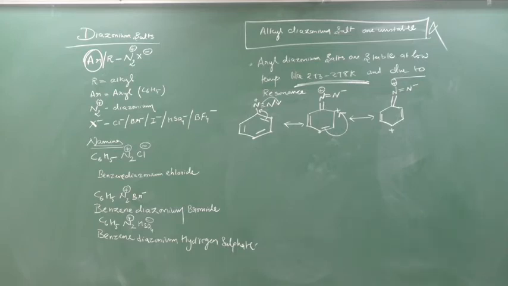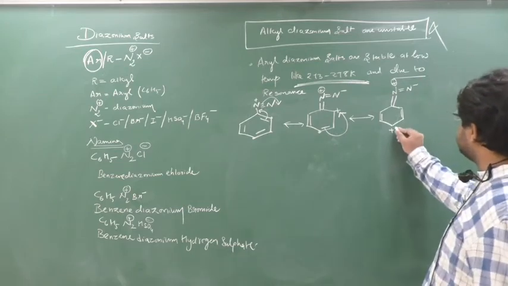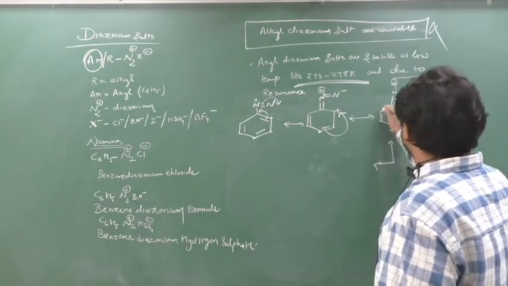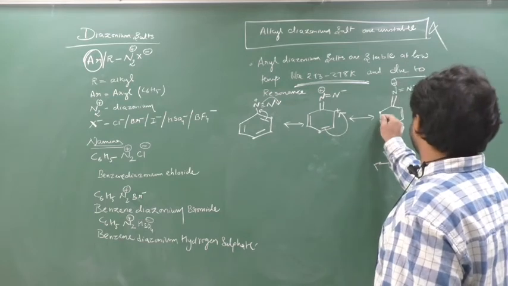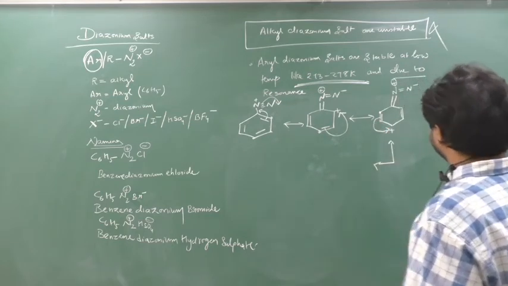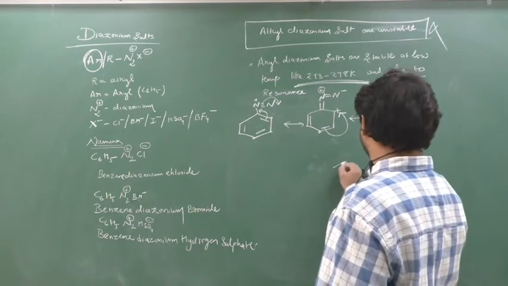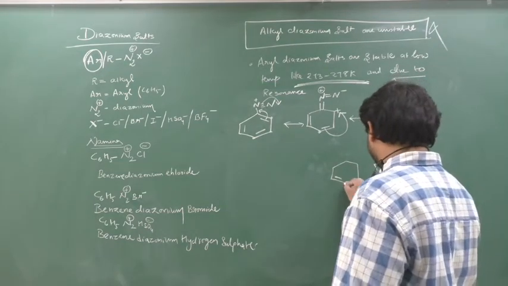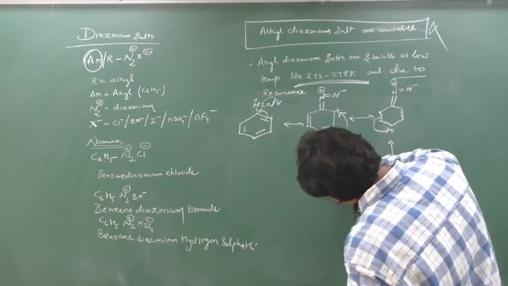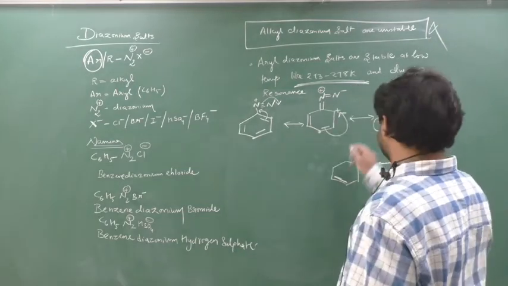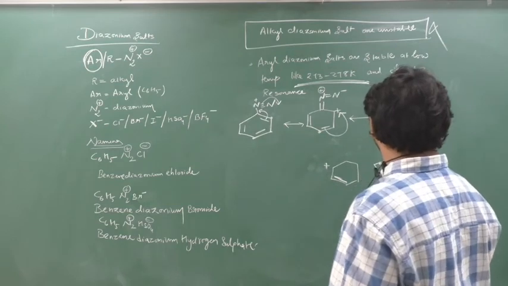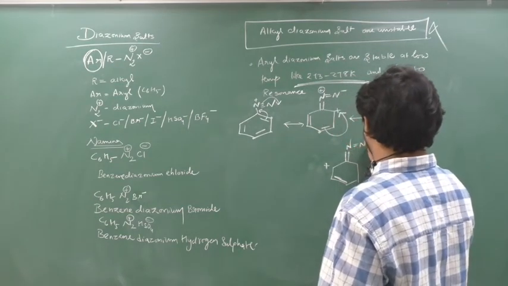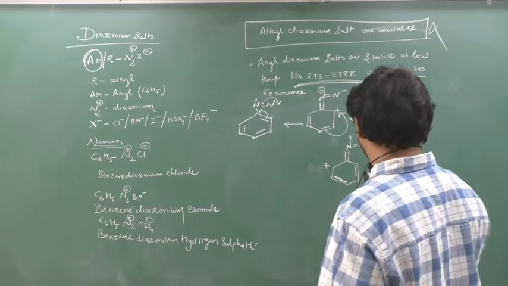Clear? Next, again this is in need of an electron. So now what will happen here? This carbon, this bond will help here to satisfy this. Clear? So here a plus charge will come. Here a bond is formed. Here a bond is formed. Yes or no? He is giving, so a plus charge will come here. Yes or no? Remaining as it is. N double bond N minus, here plus and here N.